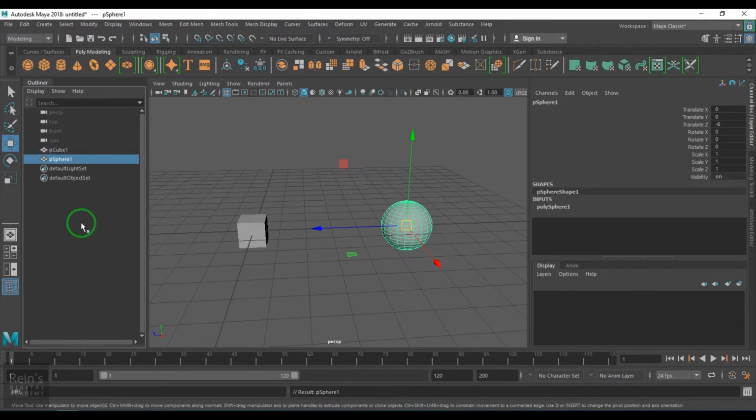You can do that from the outliner also. You need to select this child object, use middle mouse button, drag and drop onto the cube. Or to unparent this, you need to select that child object, use middle mouse button, drop into the empty area. If you don't see the empty area, drop anywhere between the objects. So don't drop on the top or don't drop on the front, but in between that.